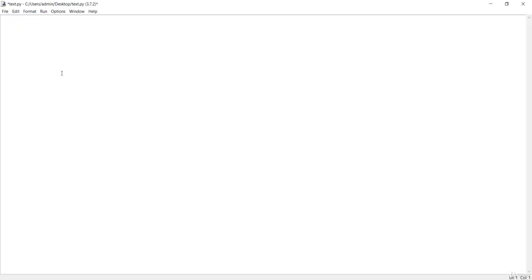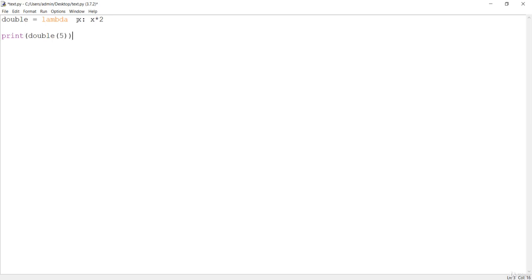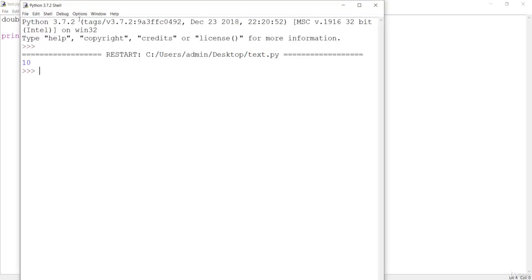Let's see how this anonymous function can be created. So anonymous function have return type, so something like double. So I'm just saying double will be returned, and if you want to make use of the anonymous function, it should be with this keyword lambda. So it is also called sometimes the lambda functions because we make use of this lambda keyword. So after that lambda, make use of the argument that you want to pass and the value. So let me say x multiplied by 2, and I want to print the double of 5. It is going to give us obviously 10 value.